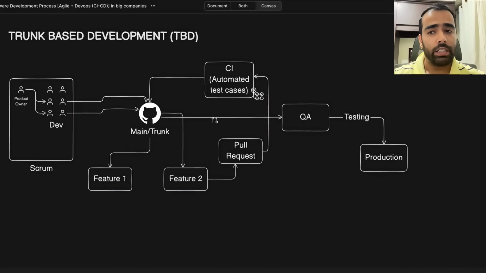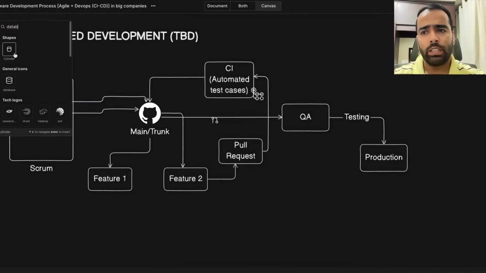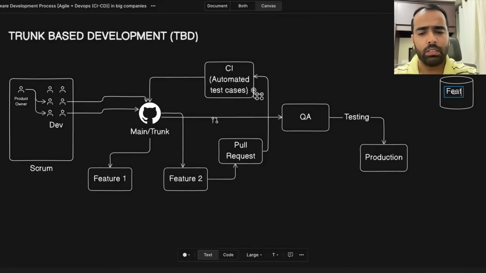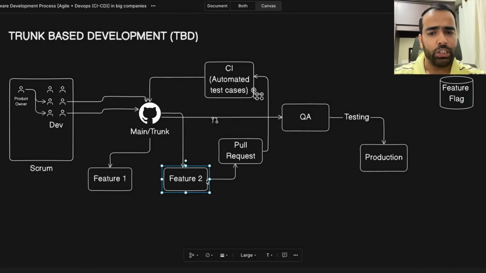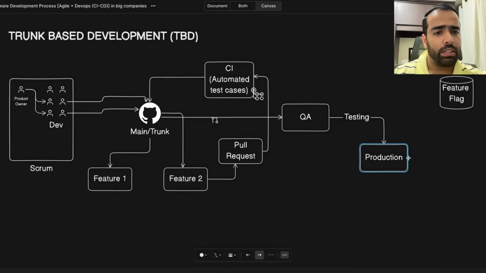Also, one case can be that the production server is always connected with your feature flag database. That is really important, but again, it depends on your application. What that means is, let's say feature 2 was already merged in the main branch and is already deployed, but this feature will go live after 1 week. So the value of the feature 2 flag will be false in this database, so that your code can read from this database and get the value of whether in production feature 2 should be visible to end consumers or not. So this step is really important.